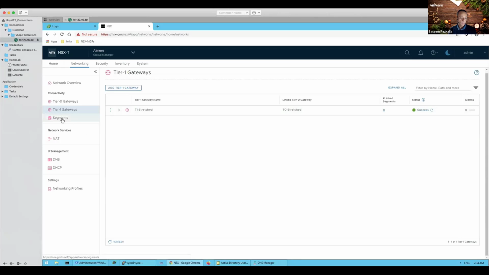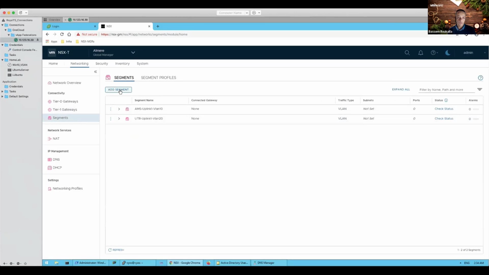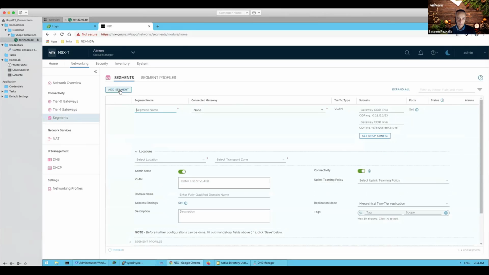Looks good. Now, the last step will be creating the stretched web logical segment, to which we will be hooking up our 2 web server VMs under the 2 sites, and then test connectivity between the 2 sites. So we call it web ls stretched because it spans the 2 sites. We connect it to the tier 1,